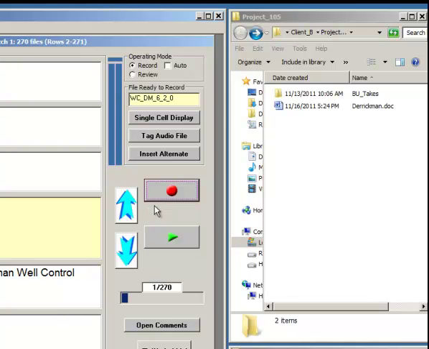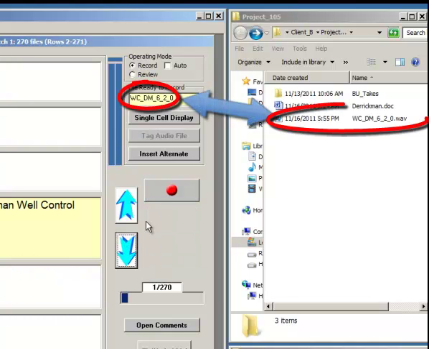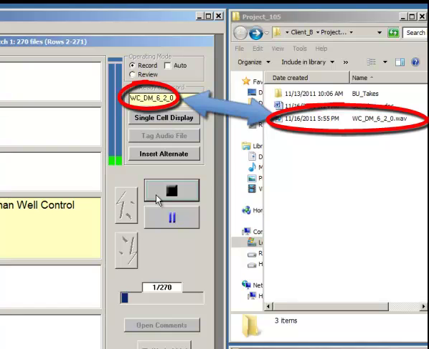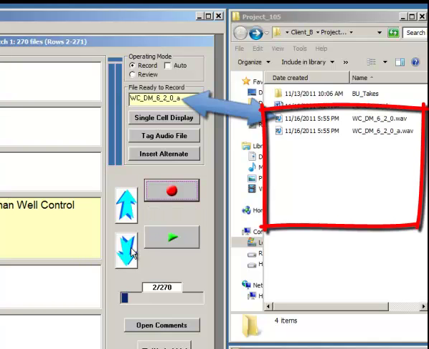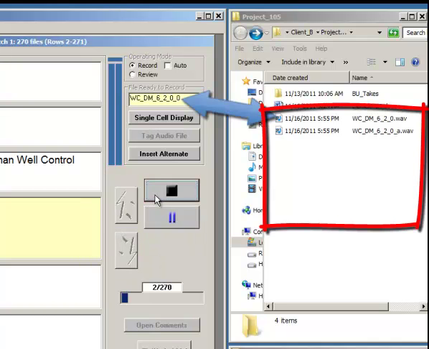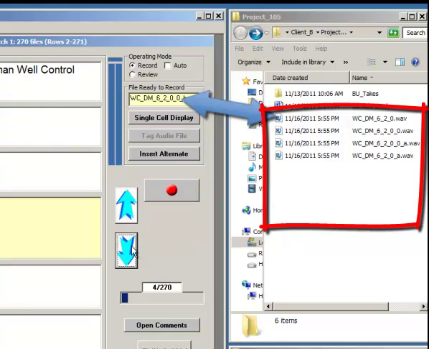Introduction. Welcome to Methods and Procedures Unit for the Derrick Mann Well Control Element. Objectives. In this unit you should learn the wait and wait method,